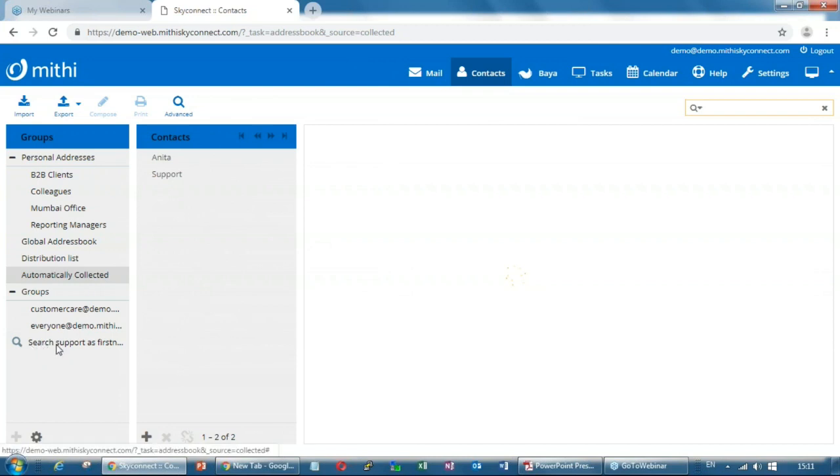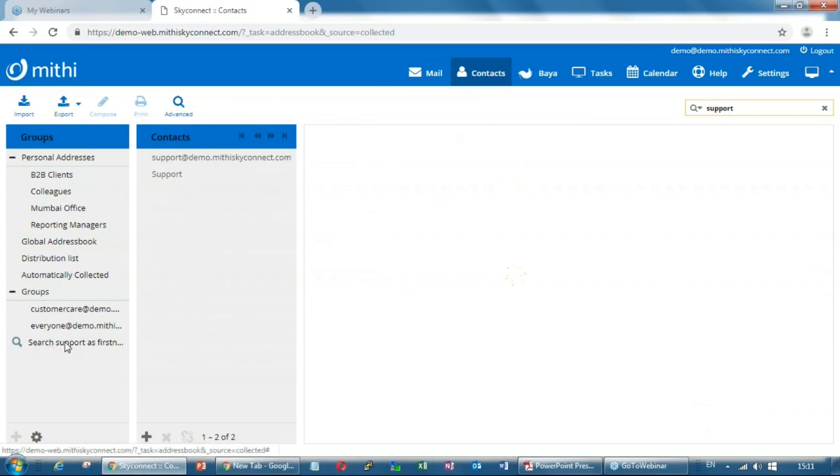Then there are searches available. You can search through the address book. Let's say I put support over here. I can get the results, and I can even save these results.